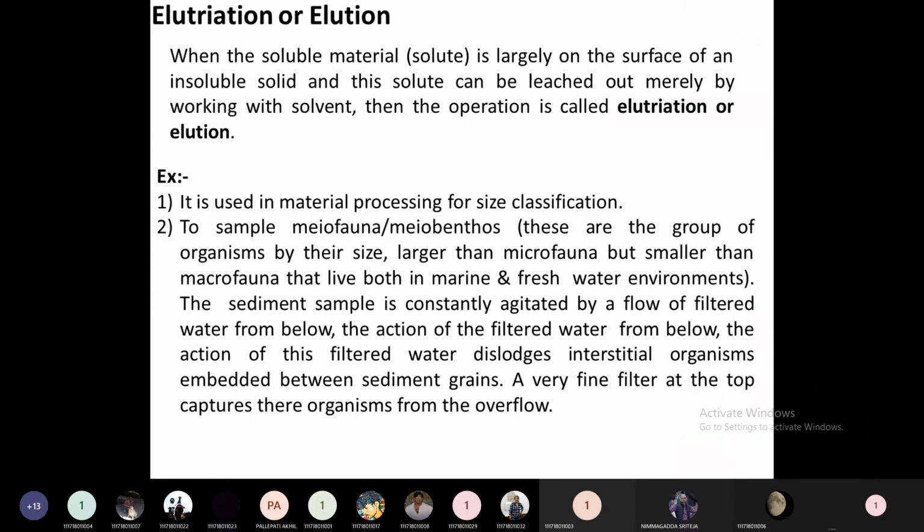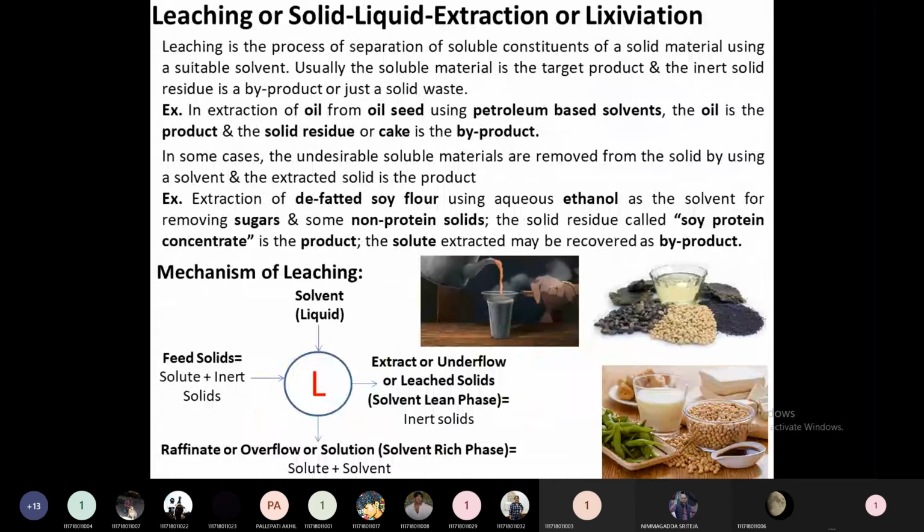Okay, then the next process is elutriation or elution. So what is this elutriation or elution? If you see the solids, in this tea powder, the tea will be present in the interstices of the solid. Here also in the seeds, when you break them down, we can't see the soluble matter or oil. When you press, only from the internal structure of the solid will the oil come out.